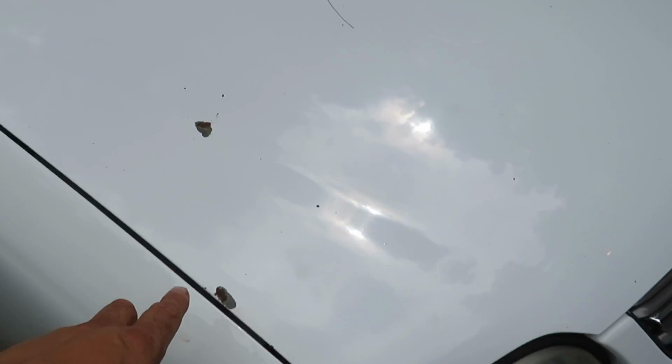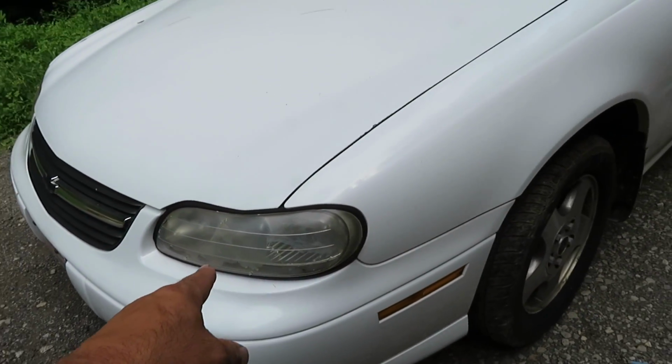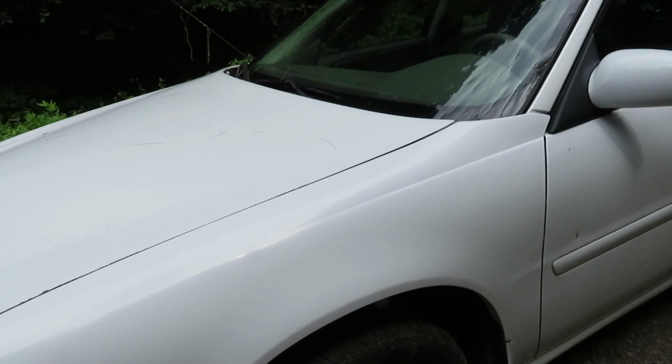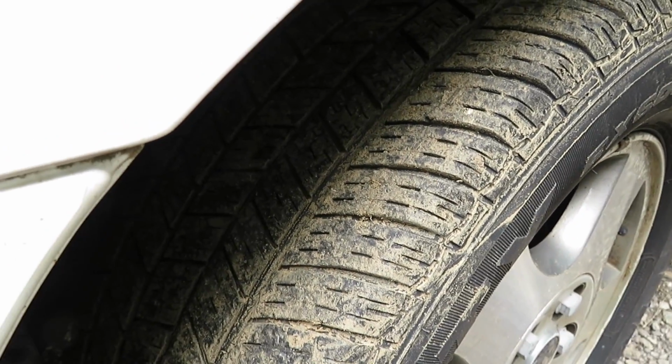And you can see there's some paint chipping. I mean, that's cosmetic stuff there. Now the headlights, that can be a safety issue. Another thing is these tires. Oh yeah, good looking tires. But if you look down here,